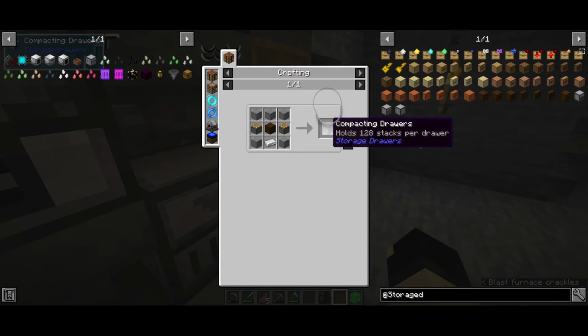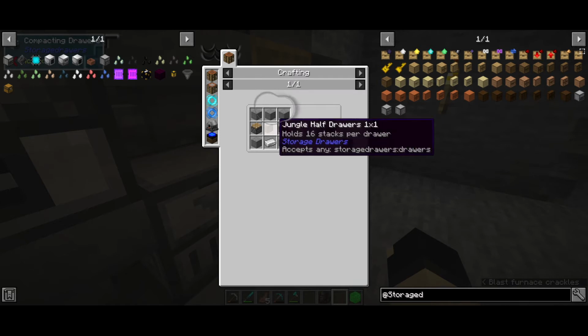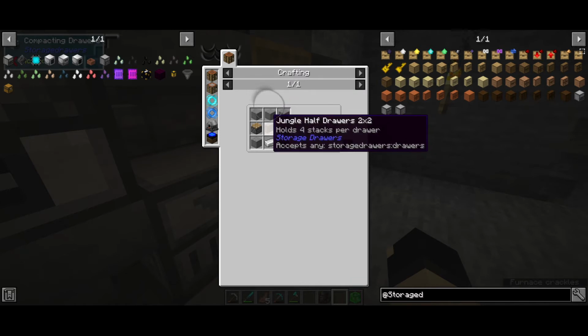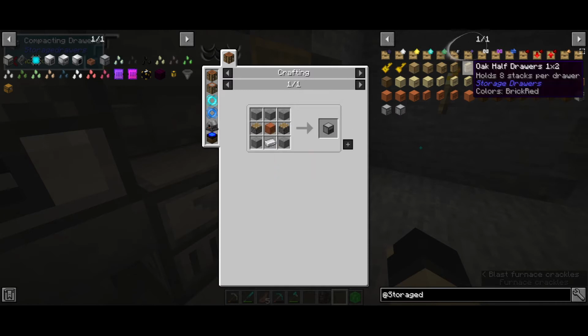Wake up, press alpha, go to sleep. This guy right here, 5 stone, 2 pistons, a storage drawer, and iron. So is it